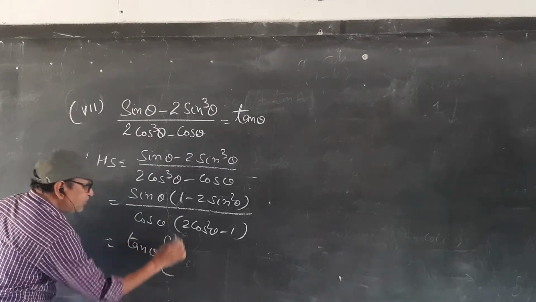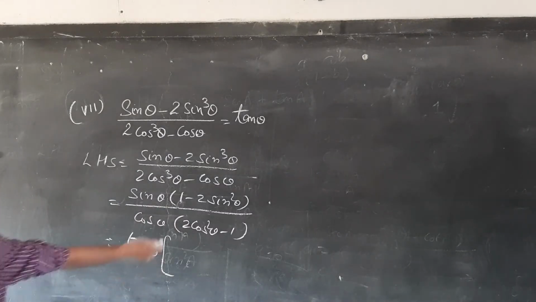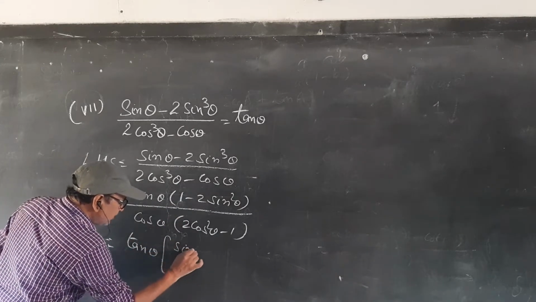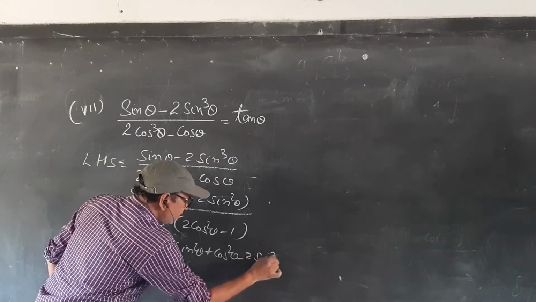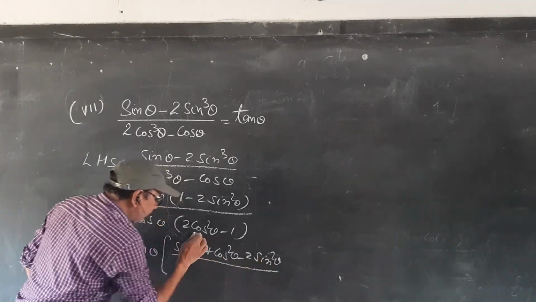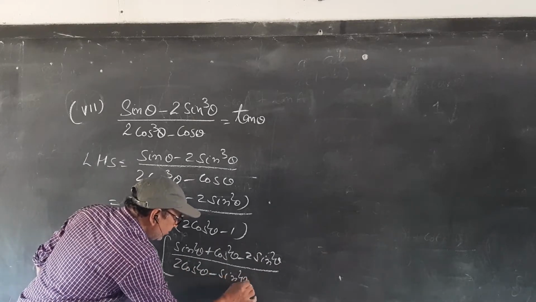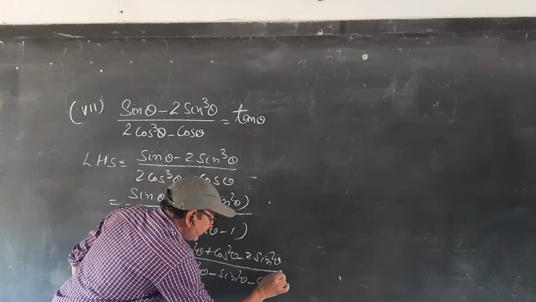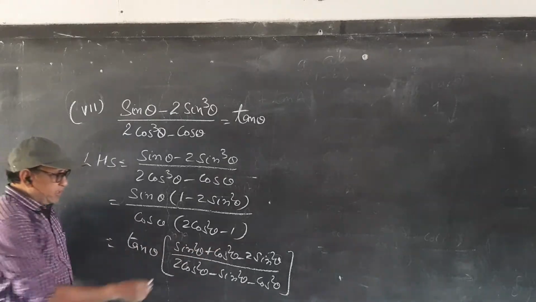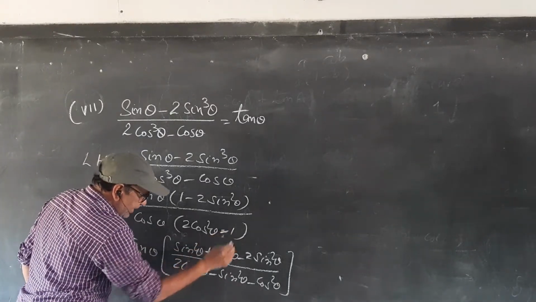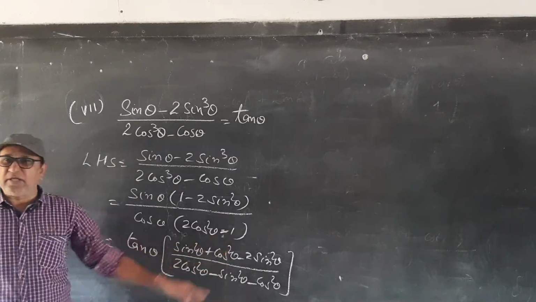Okay, now change it. Either you change tan or change 1. By simply writing here 1 equals sin square theta plus cos square theta, minus 2 sin square theta. Same thing you can do here also: 2 cos square theta minus sin square theta, and minus cos square theta. Remember what I have written here, actually minus, because the minus sign is here. Clear? Negative sign is here. That's why I write here minus and minus instead of plus and plus, because the negative sign is there.